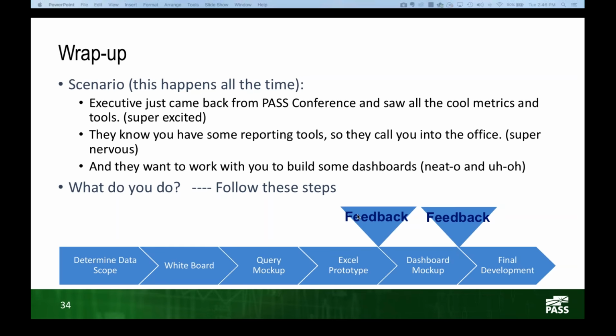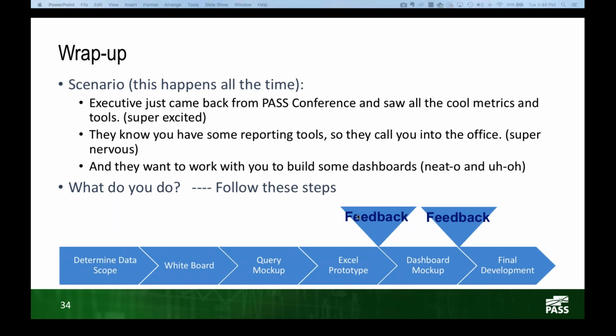You put yourself in a much been-there, done-that position, someone who has credibility if you walk in with a process. And I'd recommend that this process is probably as good as any, where you determine the data scope, then you whiteboard all the way through, knowing exactly when and where the feedback loops are going to happen until you get into final development.